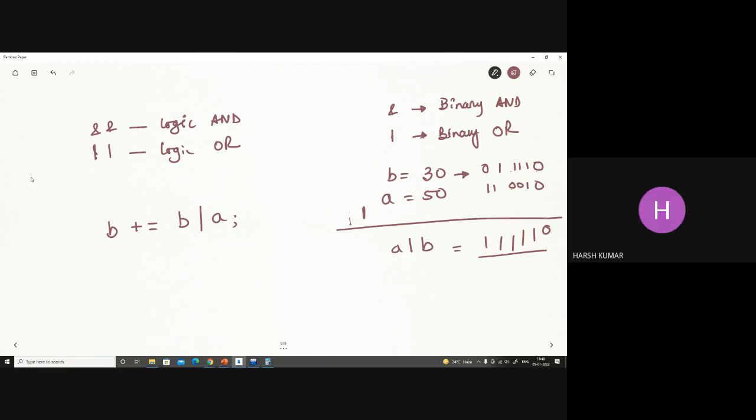Sir, will it return the binary output, or will it convert it again to decimal? Yes, it will return the numeric, not the binary. Let me count how many ones: 1, 2, 3, 4, 5. So it is basically 32 plus 16 plus 8 plus 4 plus 64.